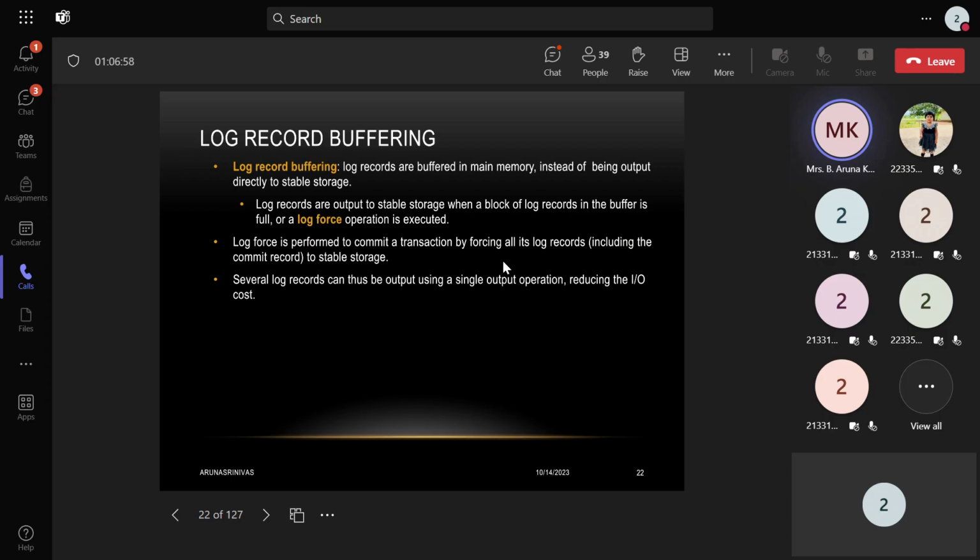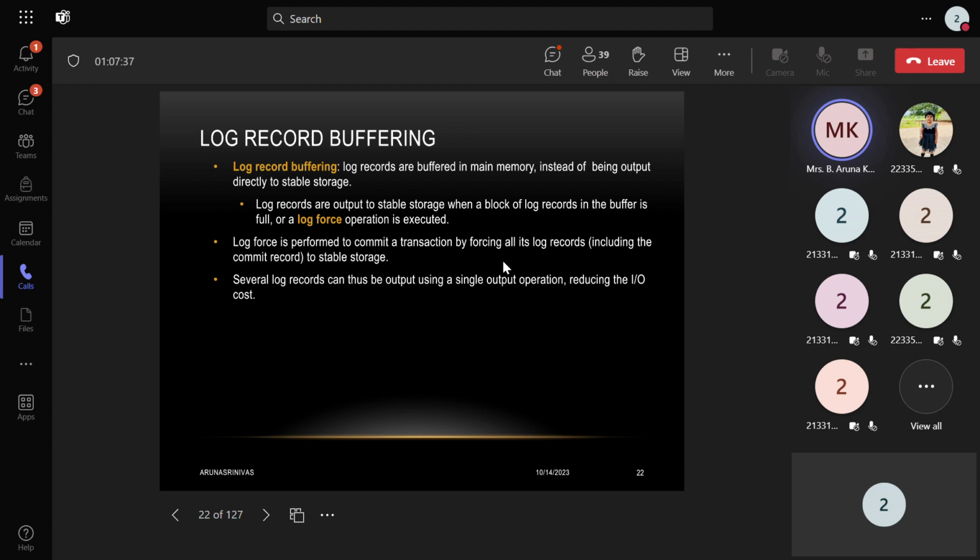So now this assumption is going to impose a very high overhead on the system executions for several reasons. For example, in most cases, a log record is much smaller than your block. Your log record is smaller. Then what will happen? The output of each log is going to transfer into a larger output at the physical level, and the smaller ones will be combined together. So this is all for your log buffering, which resides in your main memory for a considerable amount of time before it is output to your